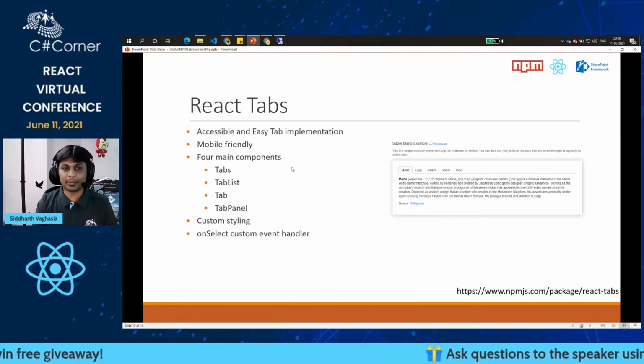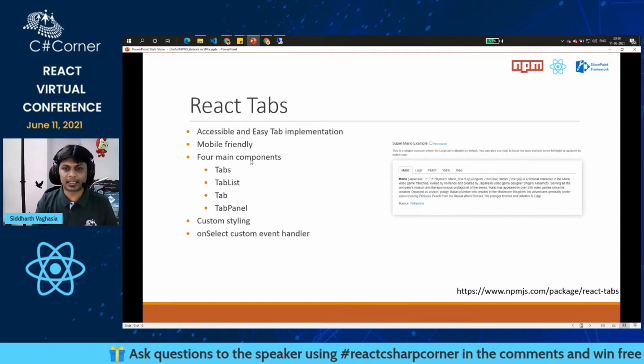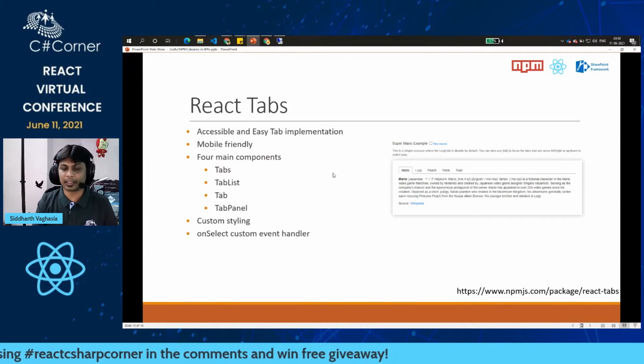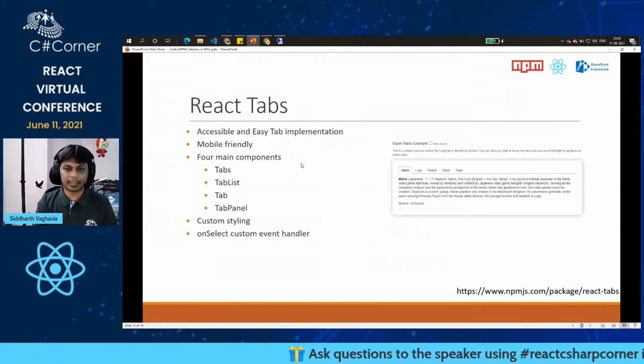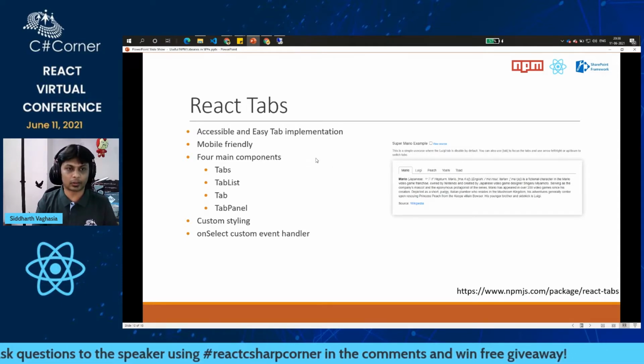This is one of the libraries which I have found, which is very useful and easy to implement. There are certain features, like it is mobile friendly, so you don't need to worry about running that particular tab on mobile. It will automatically render based on what the screen looks like.